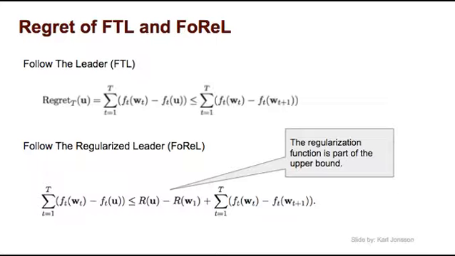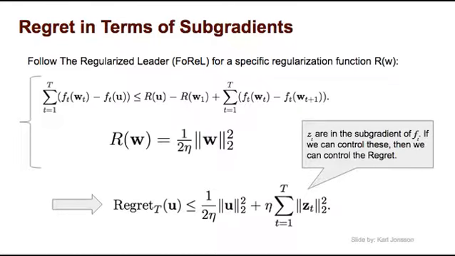However, in the regularized leader, we have a customizable parameter, which is the regularization function, which allows us to manipulate the upper bound. For example, if you use a regularizing function R(w) equal to 1 divided by 2 theta, the norm of w squared,